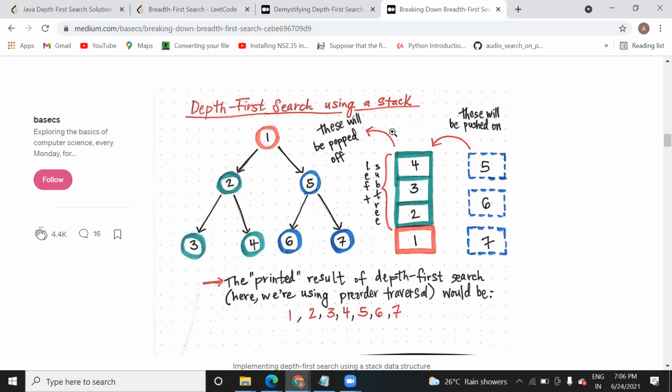So here we use a stack. What we do is, in the stack we usually follow push and pop, right? Suppose your destination node is 4 or maybe 6 or 7, whatever it is. You start from 1. As you start from 1, you insert 1 on the stack.